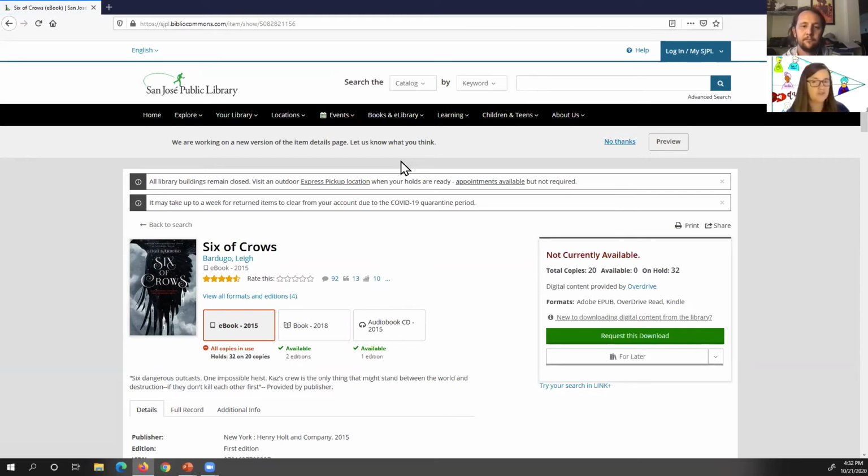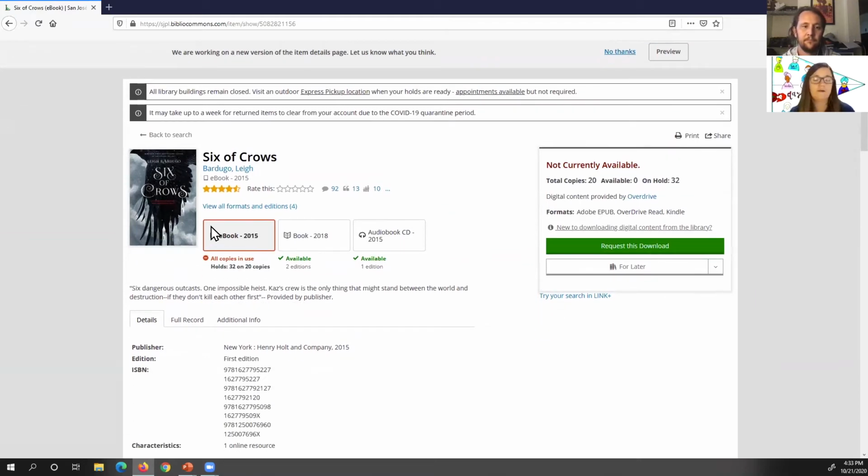You don't have to go into all of those different services and do searches over and over again. All of the ebooks show up in the catalog with one exception, and that is Hoopla. Hoopla is self-contained, so you do have to go into the Hoopla app to search for something in Hoopla. Everything else will show up right here in our catalog. So you can see I've got the ebook highlighted, and it tells me that it's available from Overdrive, what format it's available in, how many copies we have in Overdrive, 20 copies, how many people are on the wait list, 32. So it gives me all that information from Overdrive, and it's right there in the catalog.